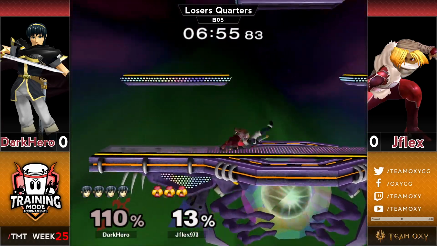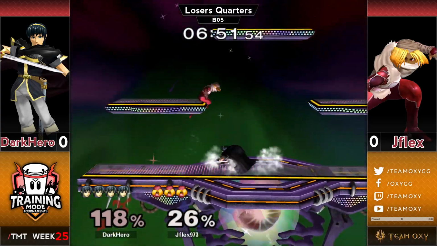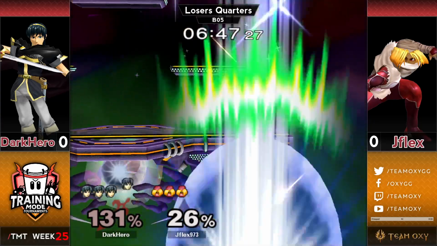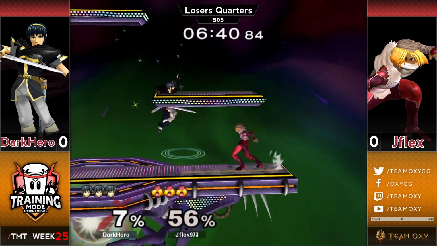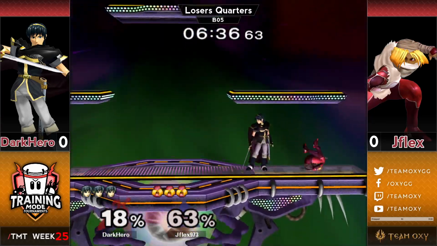Oftentimes against Sheik, Marth has to play this sort of rinse and repeat edge guard. It is supposed to be relatively guaranteed, but it's just tricky over and over. So I was impressed that DarkHero was able to play that out. He ended up doing like 80% just off that extended edge guard. But he just didn't mess up anywhere through there and was able to close out the stock from that winning